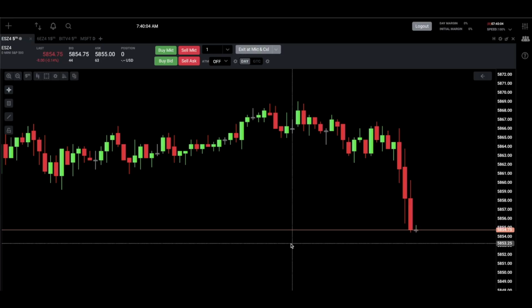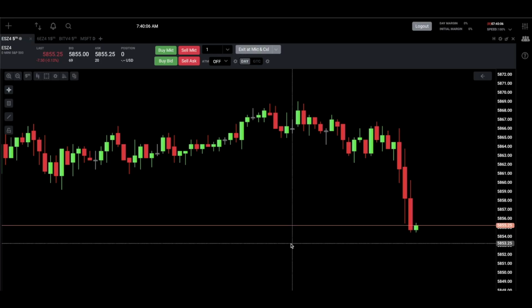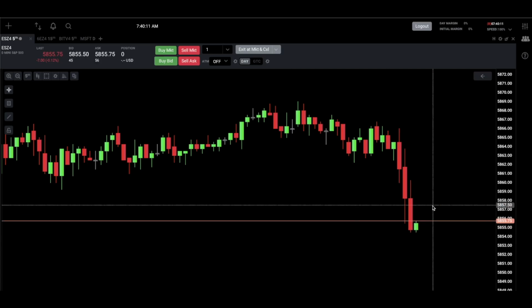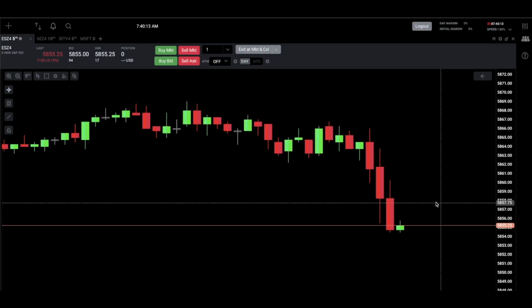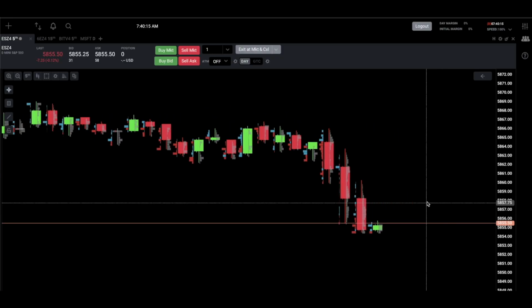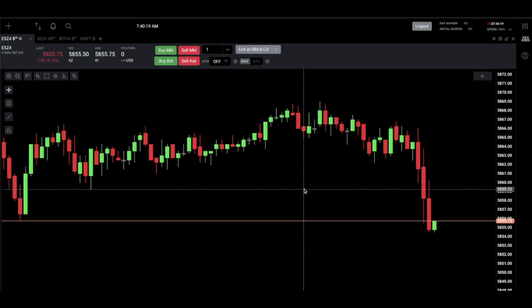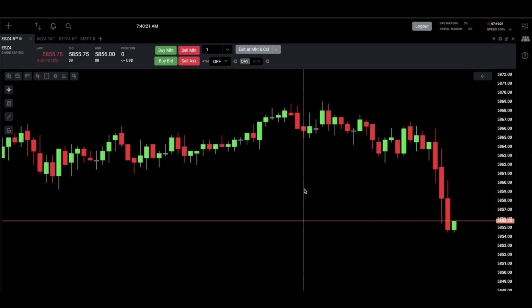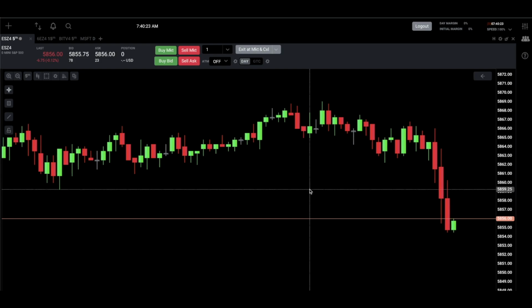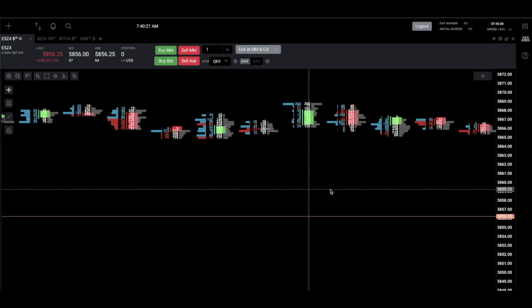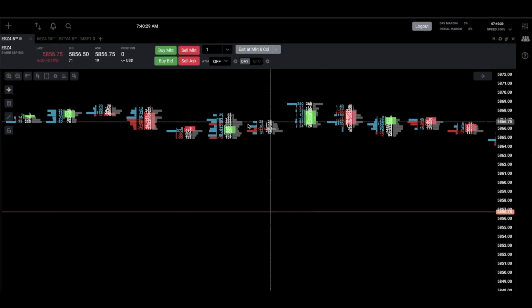You might think, wait, what did I do wrong? So the first thing to know about footprints is that you will need to zoom in to view the details of that footprint chart. And you start zooming in. I'm using my scroll function on my mouse. It might be your middle scroll button or something of that nature. But as you start zooming in, you'll notice that there are